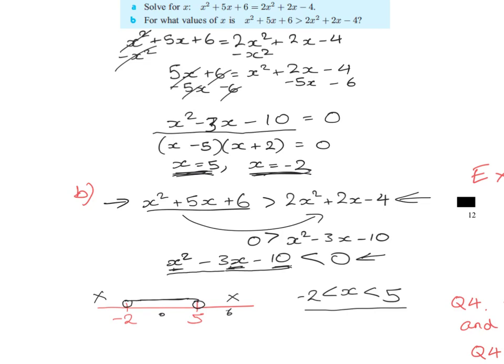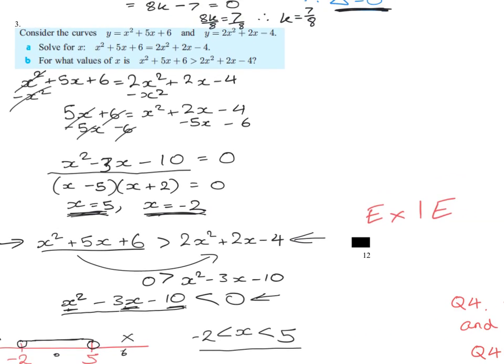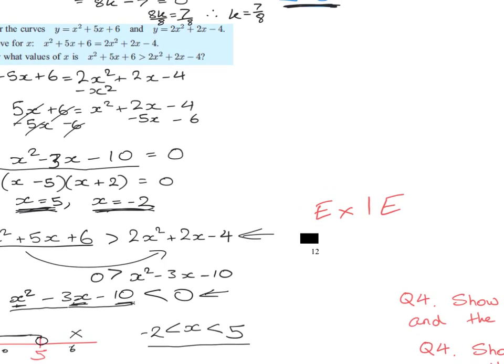So now all of this corresponds to exercise 1E. So I strongly suggest now that you've watched this video, you should go to exercise 1E, do as many questions as you can that you have time for, do some repetition and make sure that you understand all the concepts here. The important things that you need to take away is to find the point of intersection of two graphs,